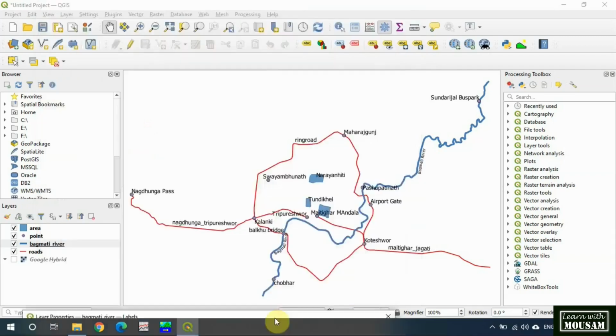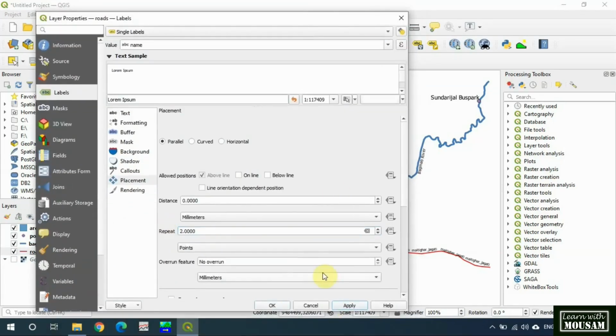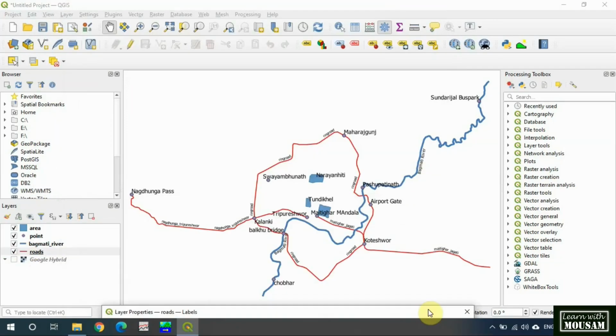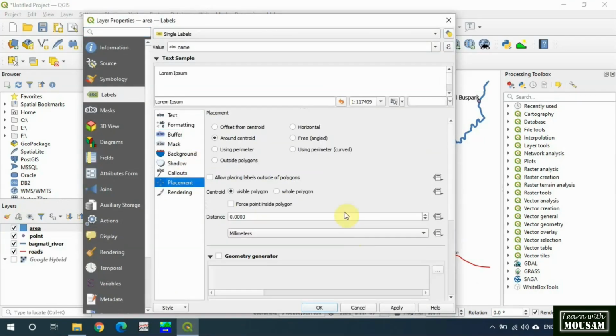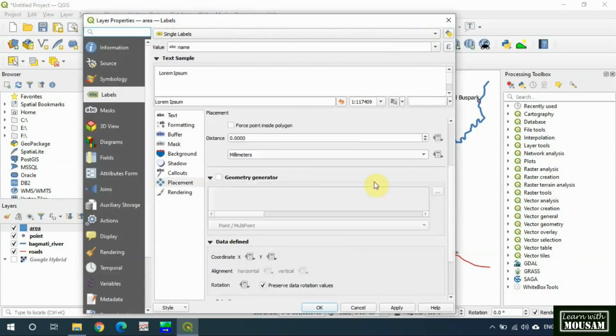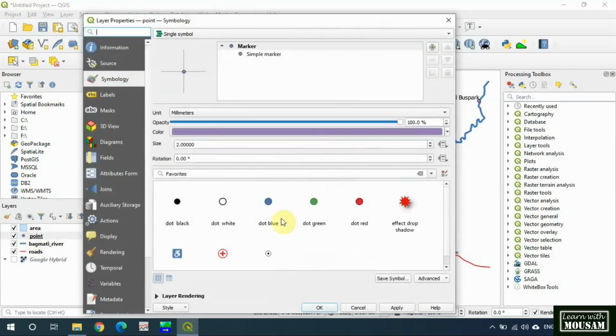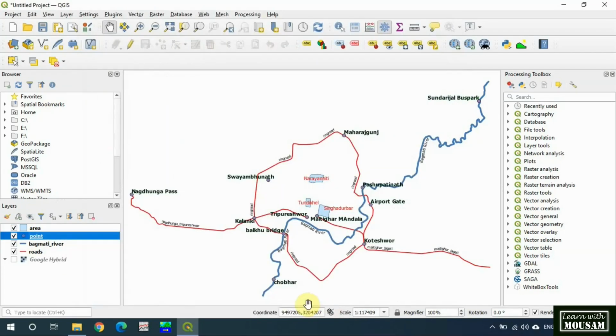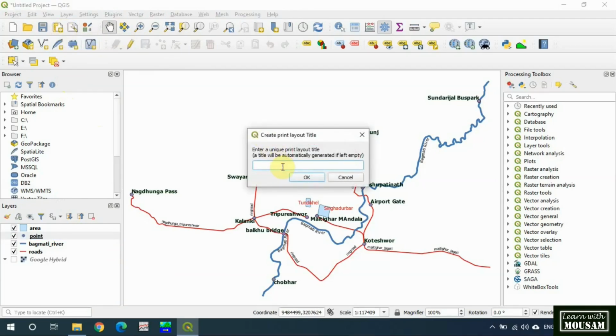Okay, keep changing. Now it looks better. After you finish changing symbology and label style, click on new print layout in the project toolbar and give a name.